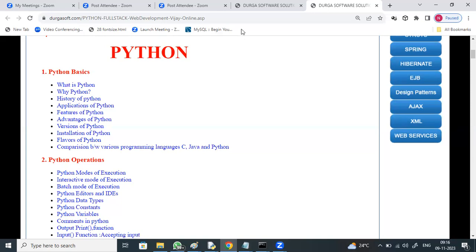And after a week, people who want to go for full stack, on weekdays you'll be going with Python. On weekends, Saturday and Sunday, 2.5 hours on Saturday, 2.5 hours on Sunday, the Django batches will be there in parallel, and you can attend them. So you can complete the entire full stack Python in 2 to 2.5 months.